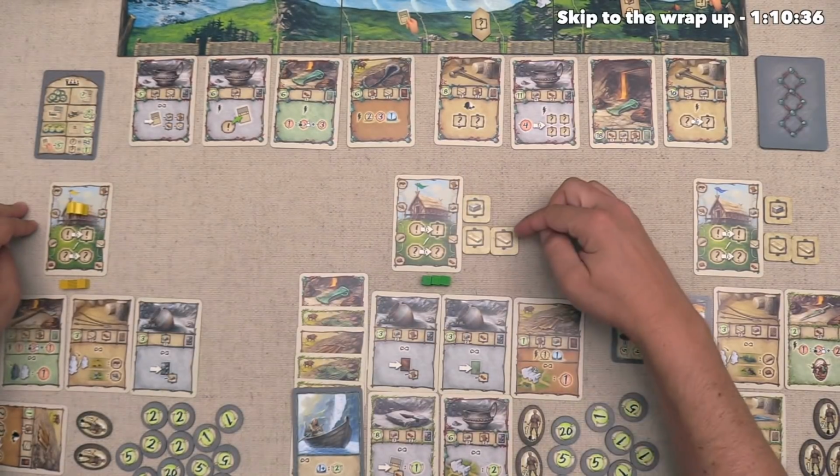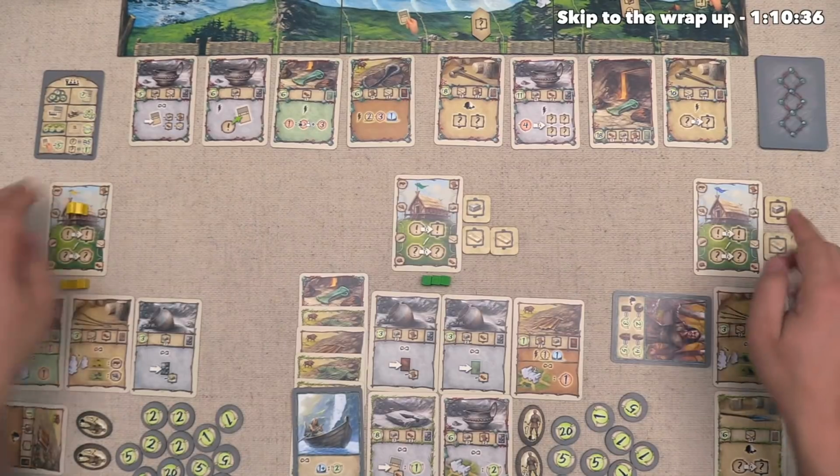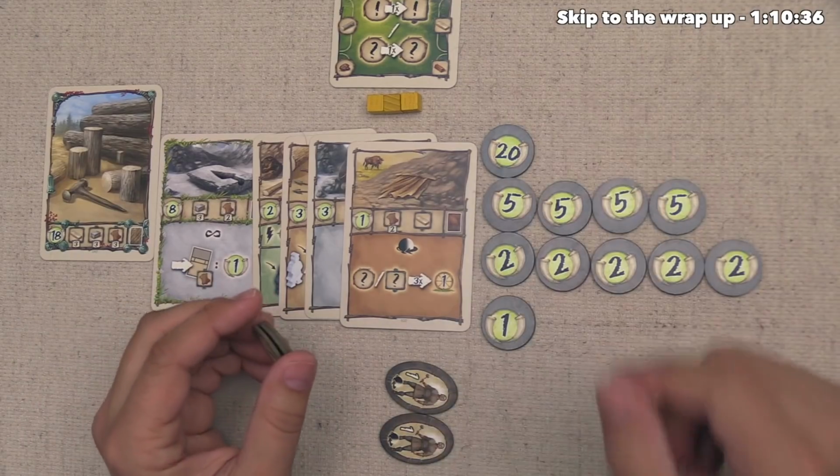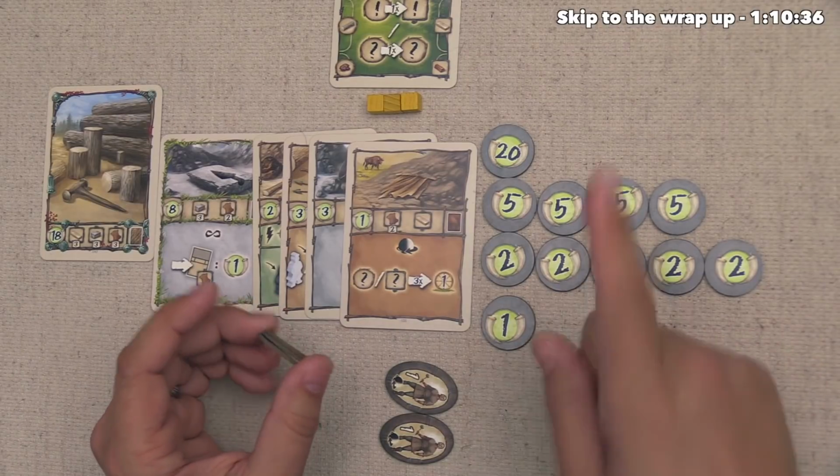The green player is going to get 3 points, and the blue player will also get 3 points at the end of the game for the resources they ended the game with. Well, at this point, there's almost nothing left to do but to count these up,